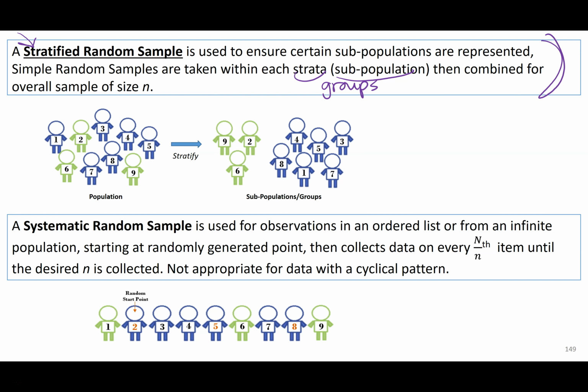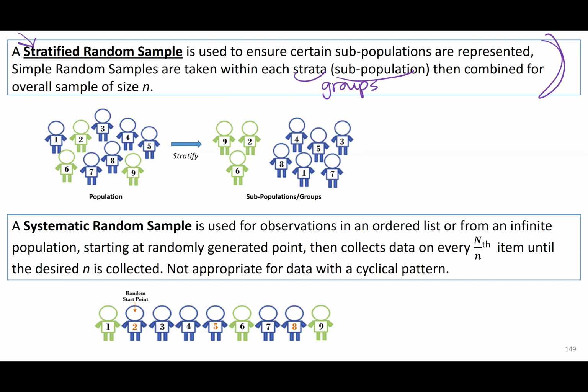So suppose you wanted to sample at a high school and it was really, really important that you got first years, sophomores, juniors, and seniors. You want all 4 grades in your sample. Well, what you would do is you take a random sample of first years, a random sample of sophomores, a random sample of juniors, and a random sample of seniors. That way it ensures that you have